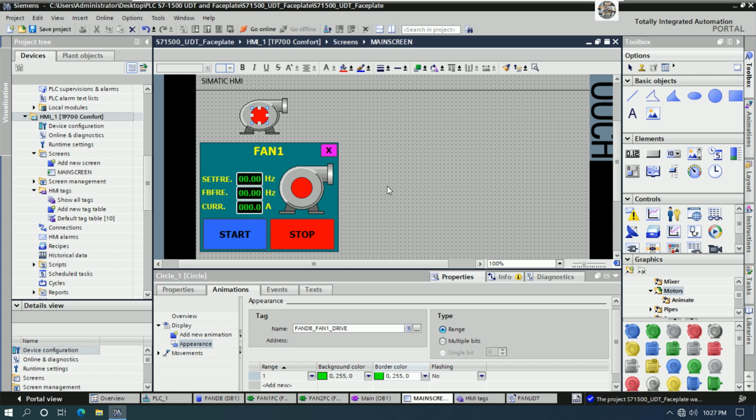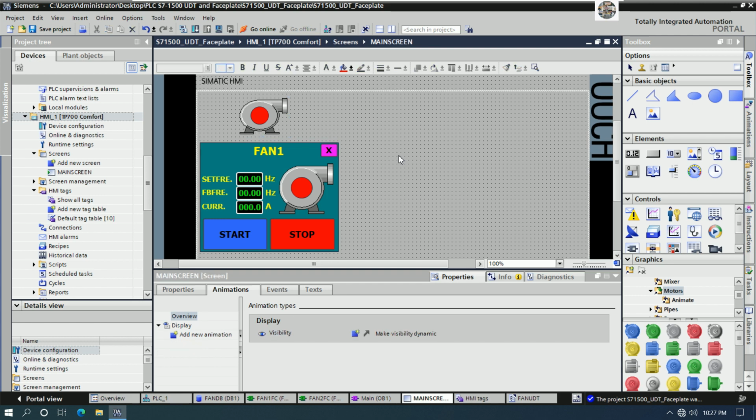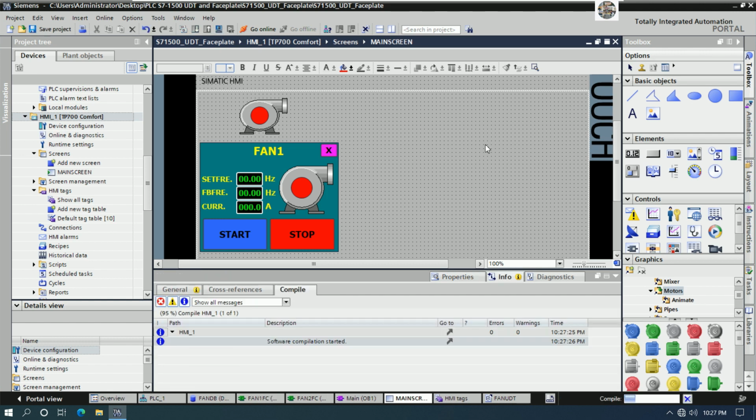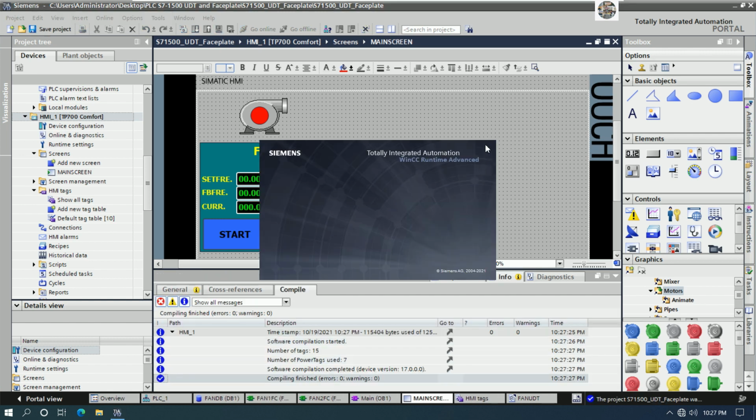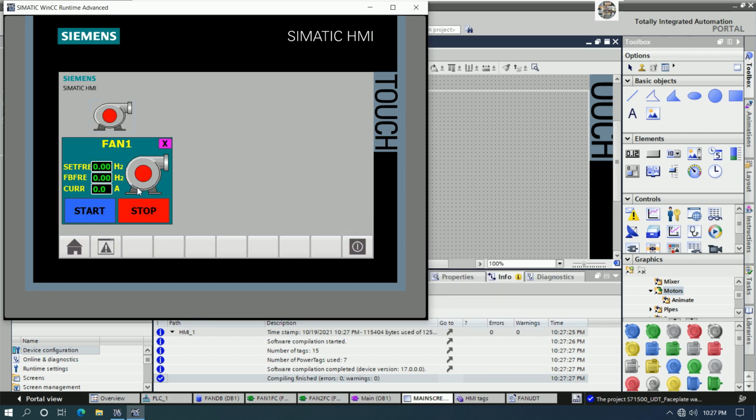Border is green also, yes, like this. Okay, and for fan number 2 to number 6, we can just copy and paste. Okay, that's good. So we can adjust this one a little bit more, yes,